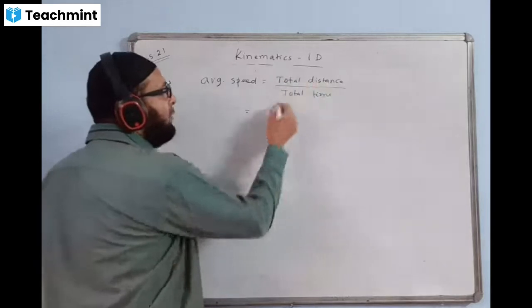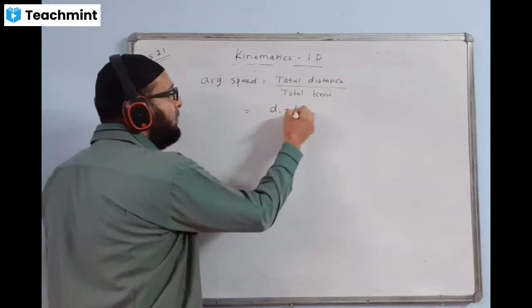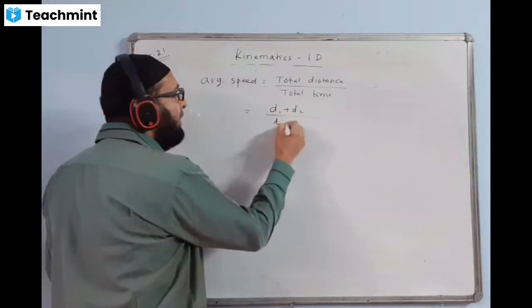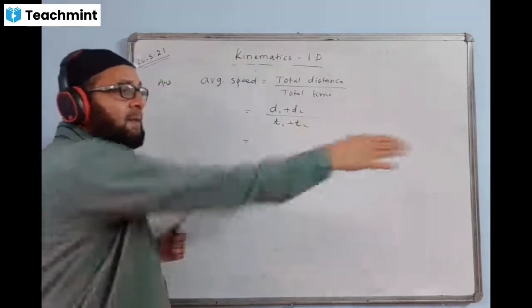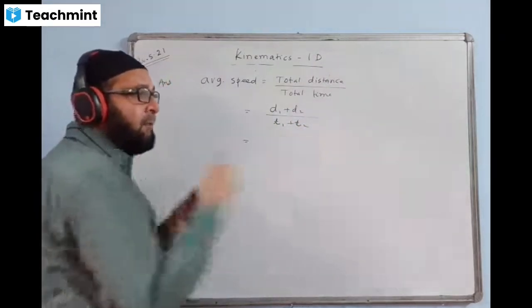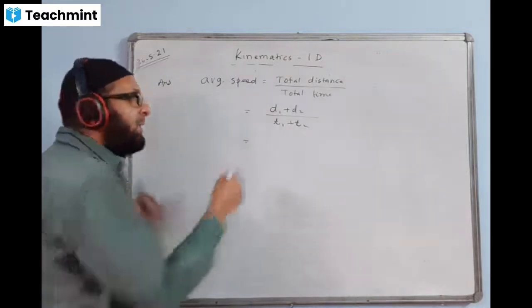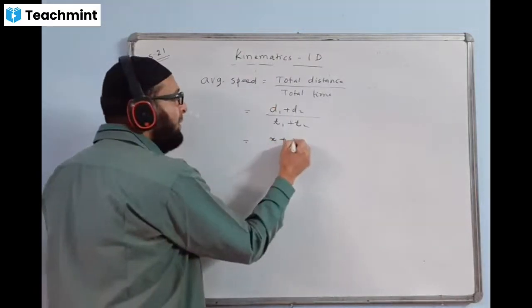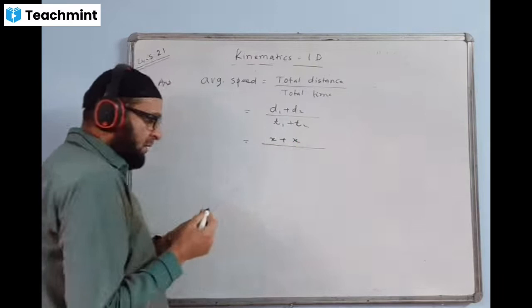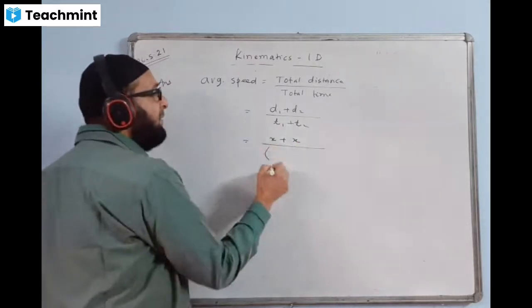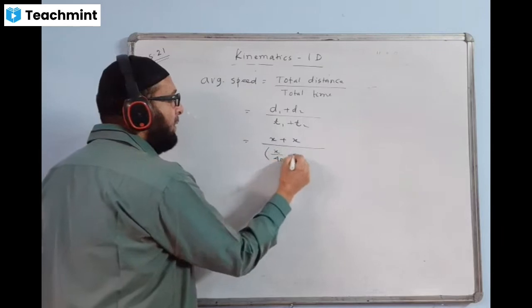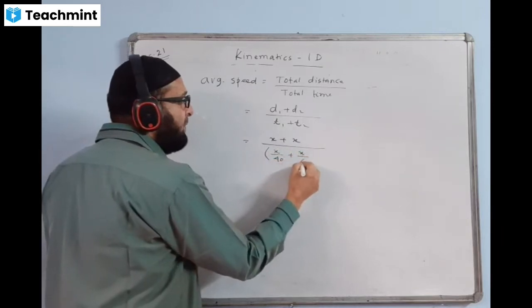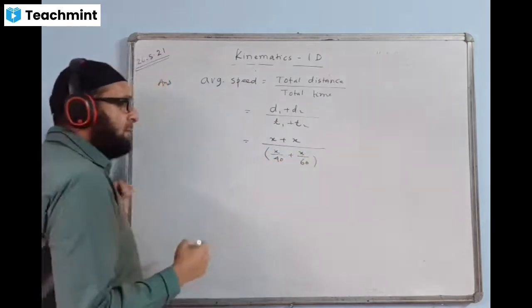First part you are doing this way. Total distance you write d1 plus d2. Total time you write t1 plus t2. In this question, the going distance and coming distance is the same, A to B and again B to A. Distance is not given. I take that as x. D1 is x, D2 is also x. Same distance. Time is not given. They've given the speed while going, and this distance x is covered with 40. Next, x is covered with 60.